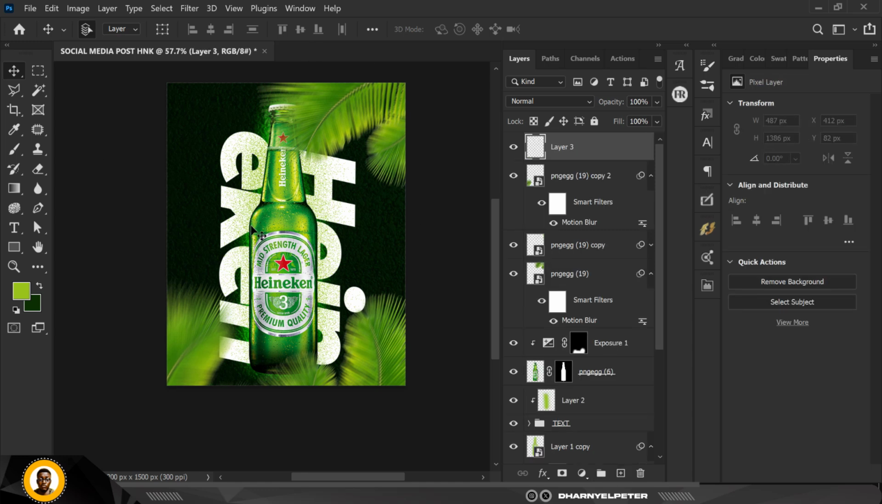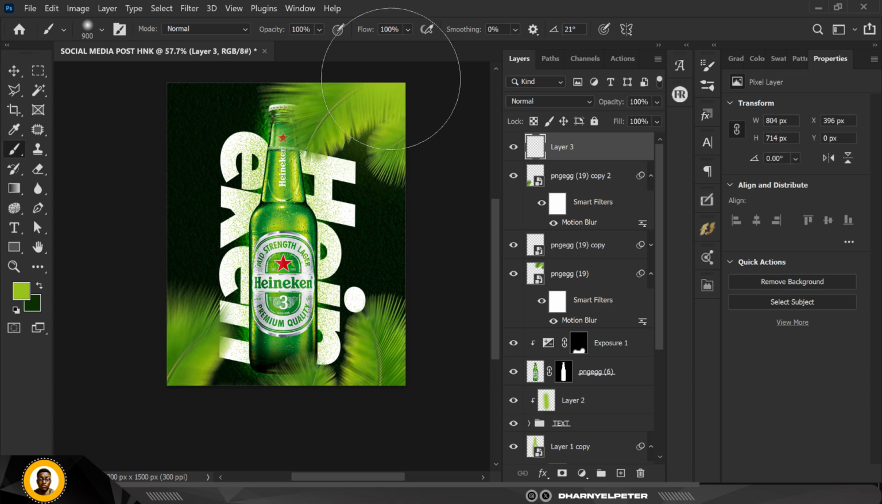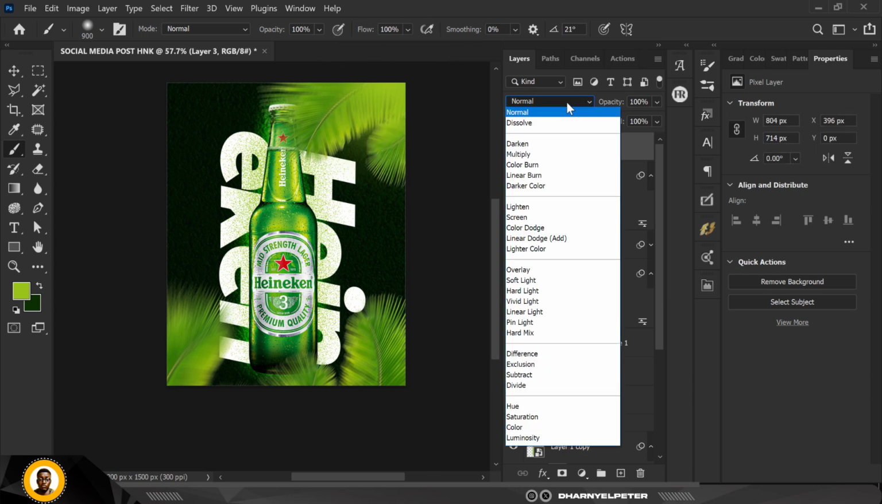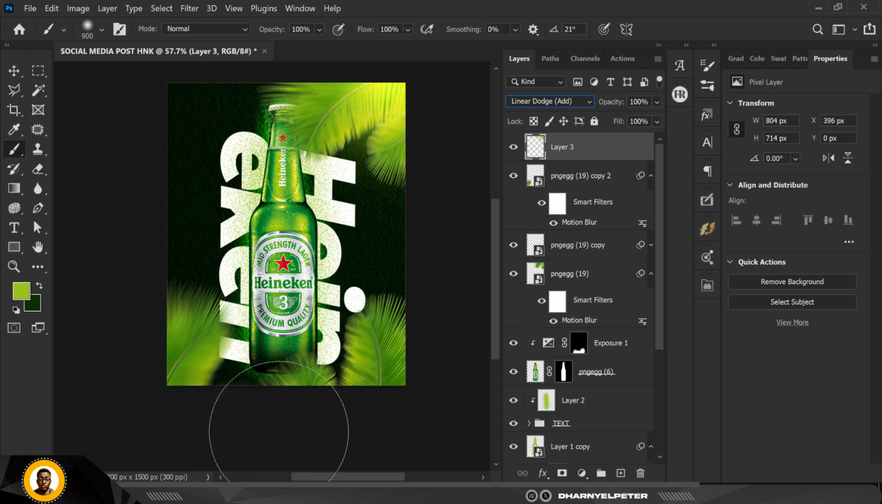Click and create a new layer on top like this. So what we're going to do basically with this layer is add some cool light effects. Make sure you're still using your foreground color, the color we started with. You can see how effective that is. Click here, and I'm going to change this to linear dodge add. Click here,